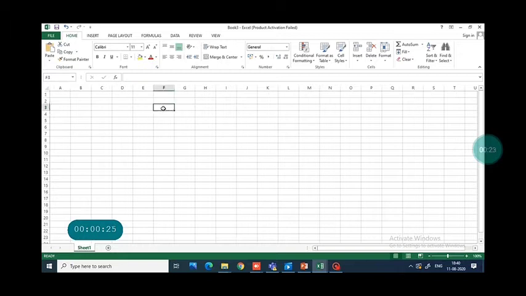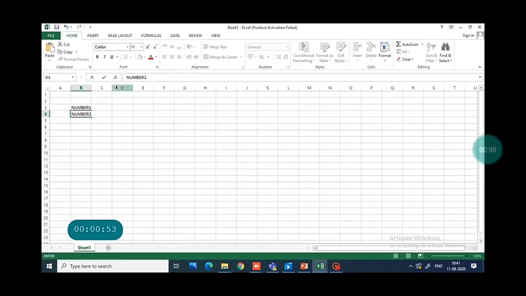Now an Excel document is known as a workbook, which consists of rows and columns. Rows are placed horizontally and are represented by numbers, and columns are placed vertically and represented by letters. Okay. Now let us see one example. Basic example. In the basic example we are going to use only one operator.